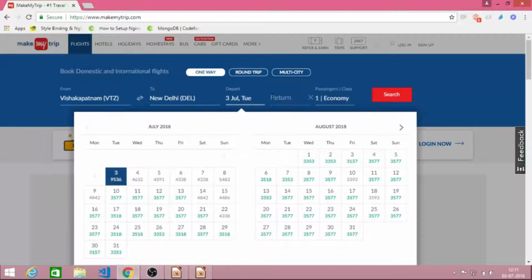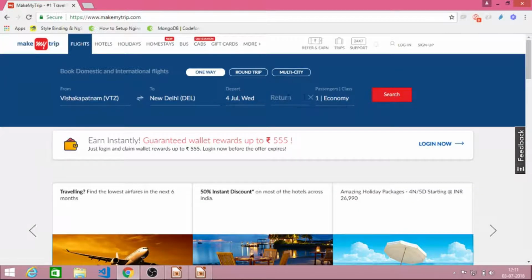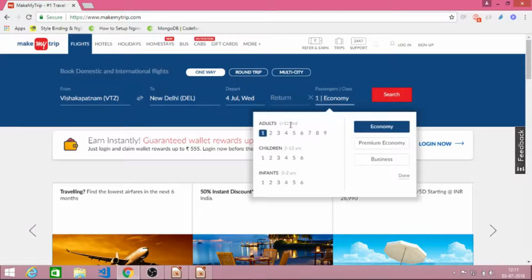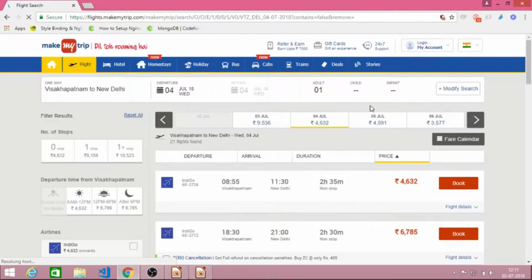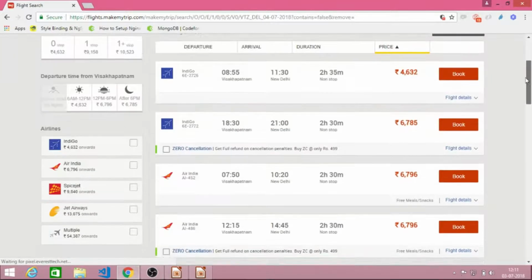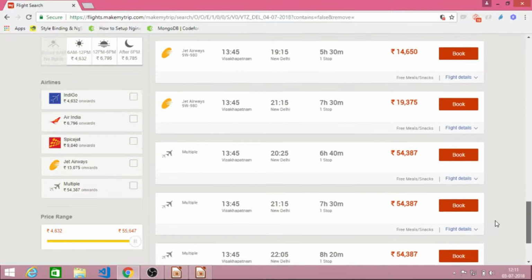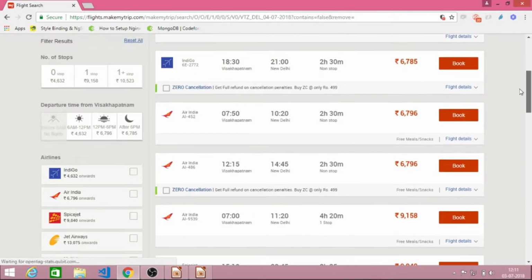I'm going today, and the return is on the 4th. I'm booking economy, searching for only one adult in economy class. When I click this search button, we are shown a display of some results right here.